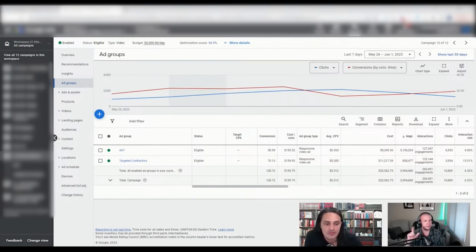Exactly. But then the other part too is, okay, so how does YouTube Shorts really start to attribute more conversions to itself? So I'm going to first start off with a use case that is really eye-opening and mind-blowing, that I think is going to shed a light on omnichannel attribution, which is kind of our specialty. We've been known as the omnichannel gurus, called that on LinkedIn now, and this will be no different. It's going to be really, really interesting.